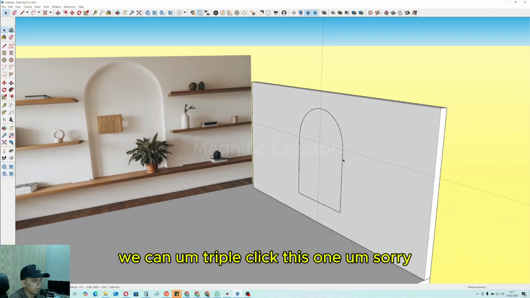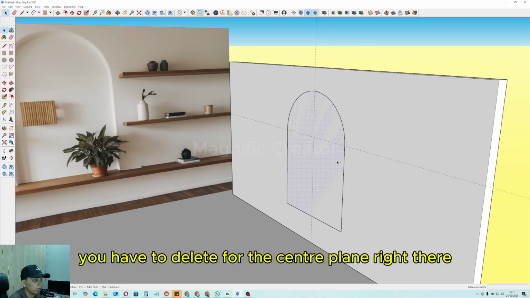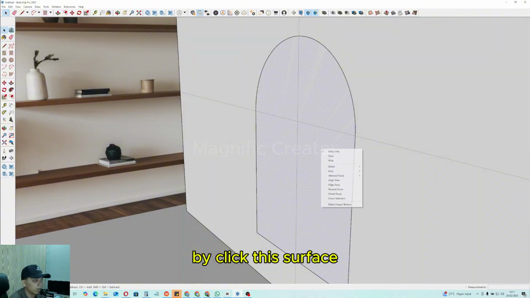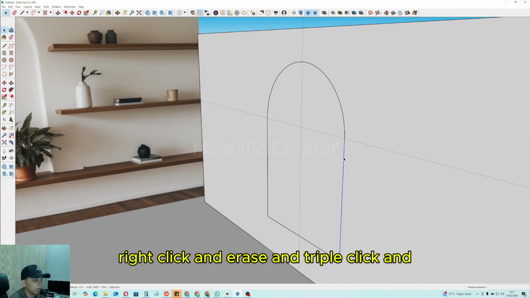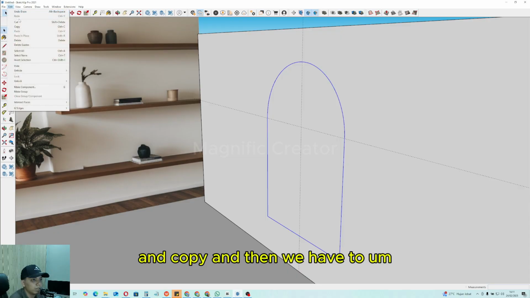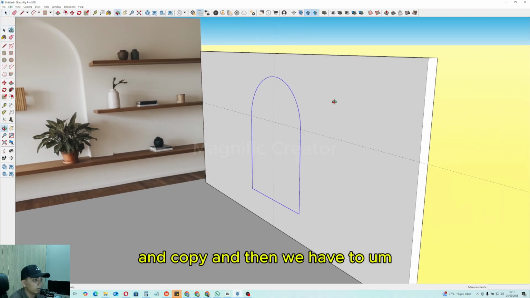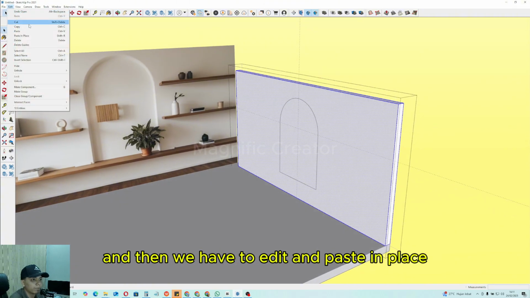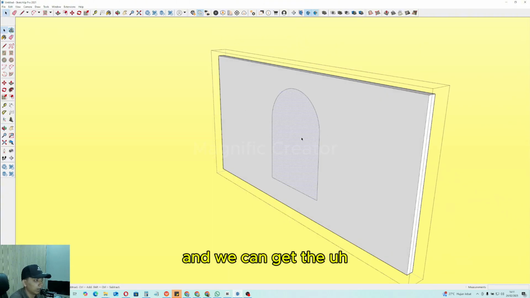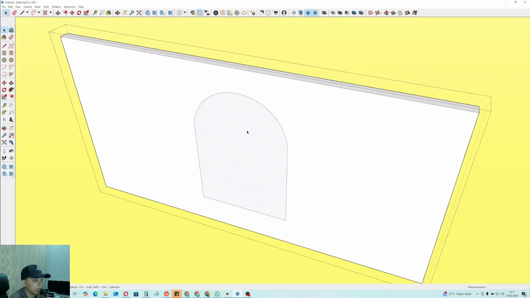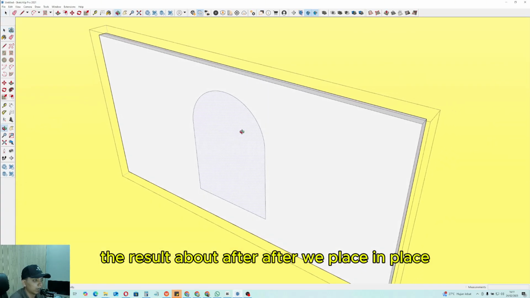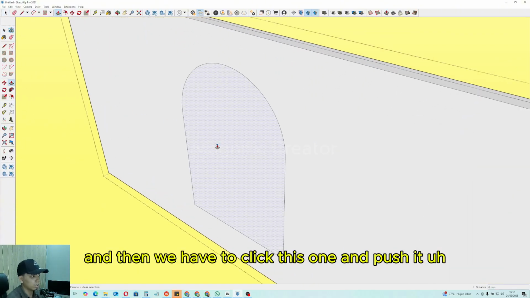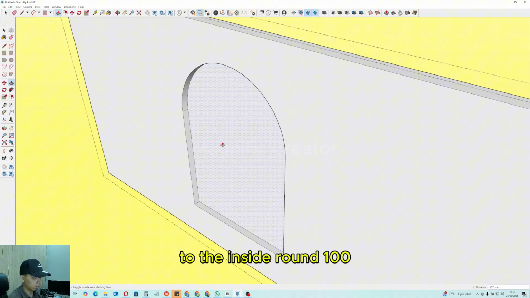Okay, we can triple click this one. Sorry, we have to delete the center plane right there by clicking this surface, right click and erase, and triple click and copy. Then we have to enter this group of the wall, edit and paste in place, and we can get the result after we paste in place. Then we click this one and push it to the inside around 100